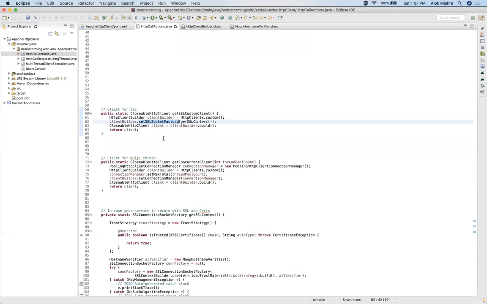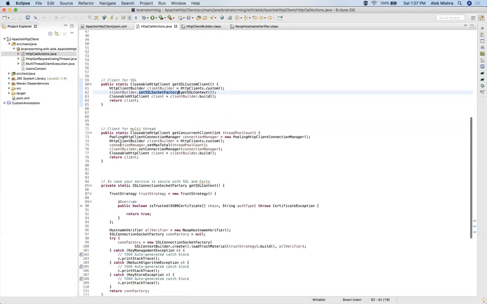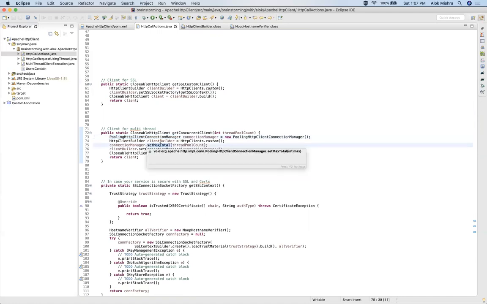If you want to support a multi-threaded application, suppose you are going to test your server with concurrency, you have to use a different flavor of HTTP client. Here you have to define the PoolingHttpClientConnectionManager class, where you define the thread pool.